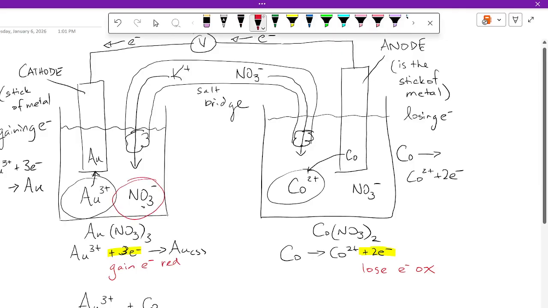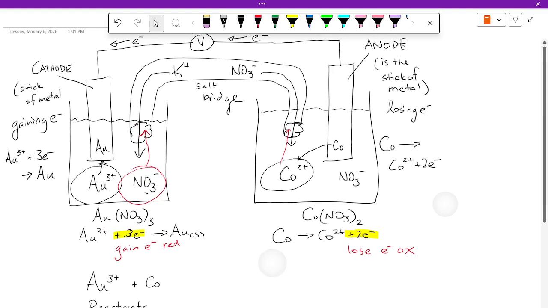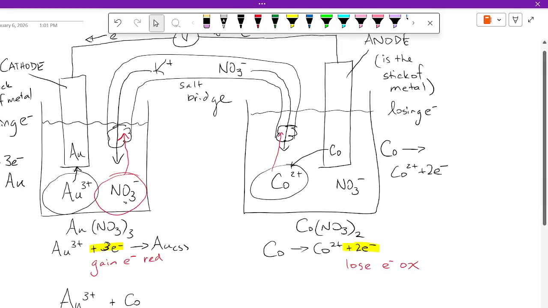This nitrate can actually start to migrate up through the salt bridge. Yeah? And you'll actually have cobalt start to migrate up through the salt bridge as well. Yeah? It takes a long time for the cobalt to make it all the way over to the gold half cell and vice versa. Okay? And let's see. So what's going to happen is the cathode will always gain mass, and the anode will